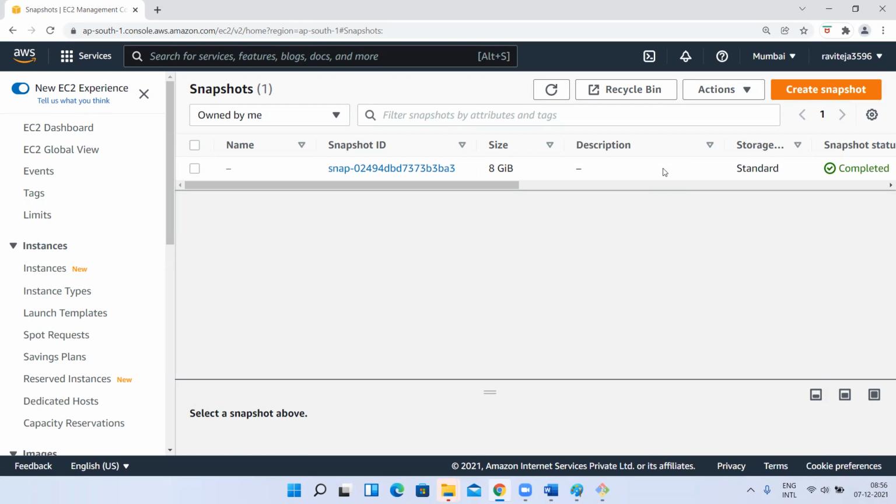So for that volume, which is in availability zone 1, create a snapshot, right? Create a snapshot. Now, using that snapshot, create one more volume in availability zone 2. Then you launch a new instance in availability zone 2, and attach the volume you created from the snapshot to it, right? You attach that as an external volume to instance 2, which is in availability zone 2.